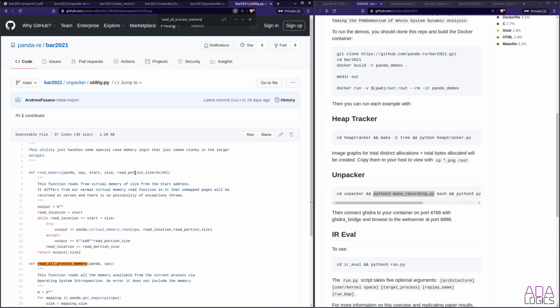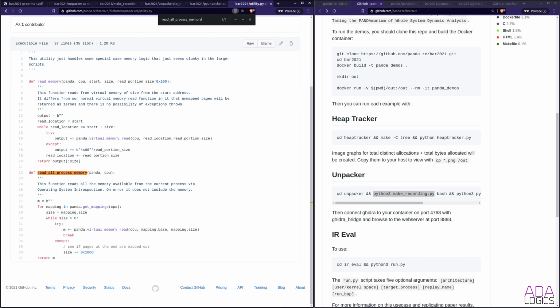So let's look at the read all process memory. We can see that what this function does is essentially just perform various calls on the Panda object that is being passed to the read all process memory. In particular, it gets all the virtual memory of the process that we are analyzing, in particular of the currently executing process on the system,